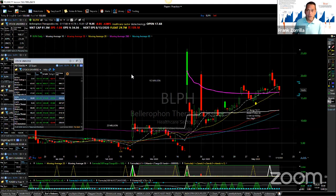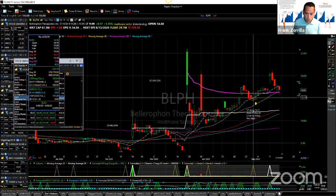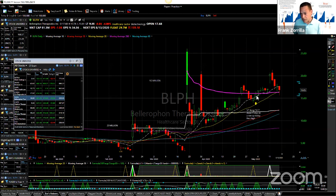Here's another one that we flagged as well right over here, long at 1517, down 4 days in a row. Through this high, we got long at 1517. It's setting up again. I like the stock going through 1776, buy stop 1876, initial sell stop 1561. When I say initial, that's the initial sell stop. As the stock starts to move higher, we want to sell some on the way up, and we also want to raise the stop from underneath the